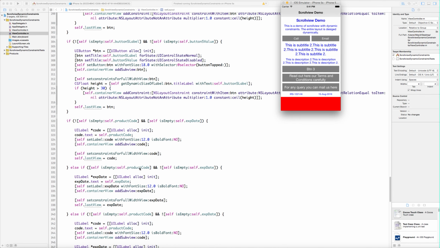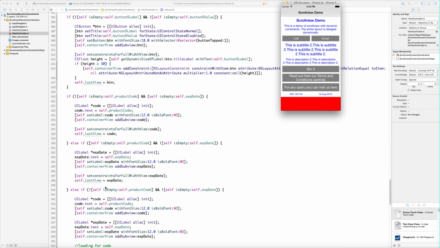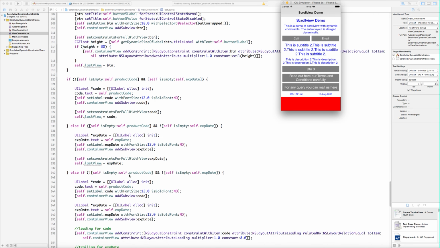And if product code is empty and expiry date has the value, then we need to add the expiry date into the container view. So I have configured the label, then set the text, added into the container view, and then assigned the constraint, and then assigned to the last view.